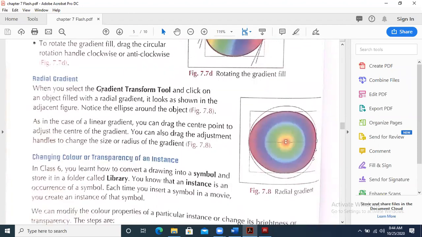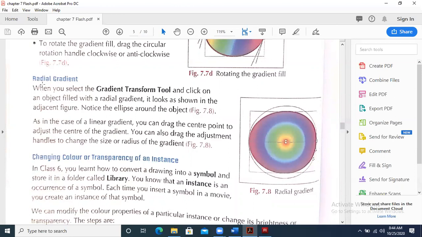Come to the radial gradient. When you select the gradient transform tool and click on an object filled with a radial gradient, it looks as shown in the adjacent figure. Notice the ellipse around the object. We have learned what the gradient transform tool means, but now we are talking about the radial gradient.